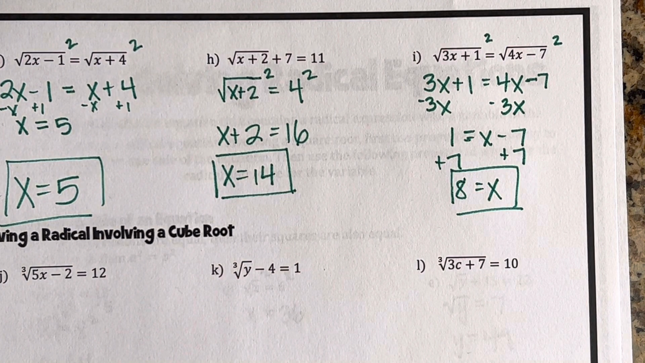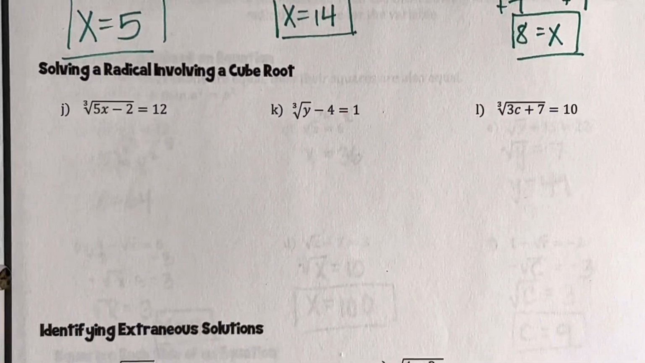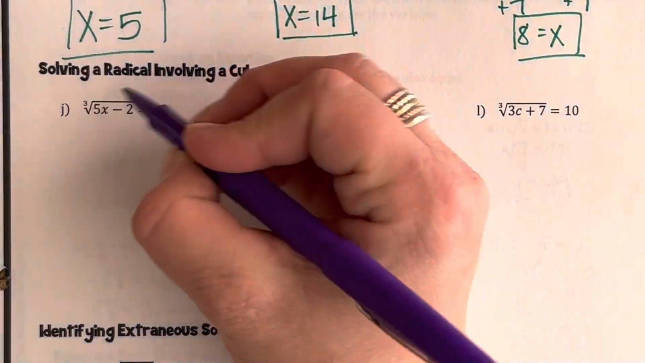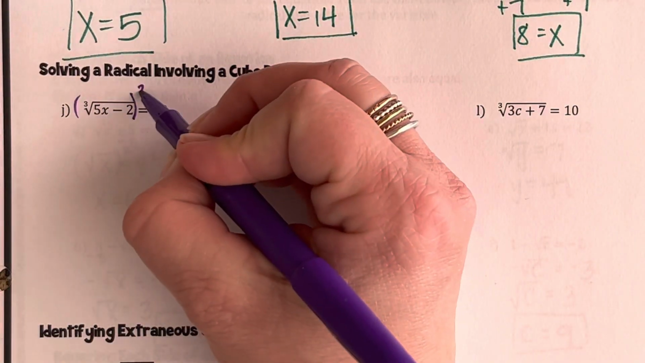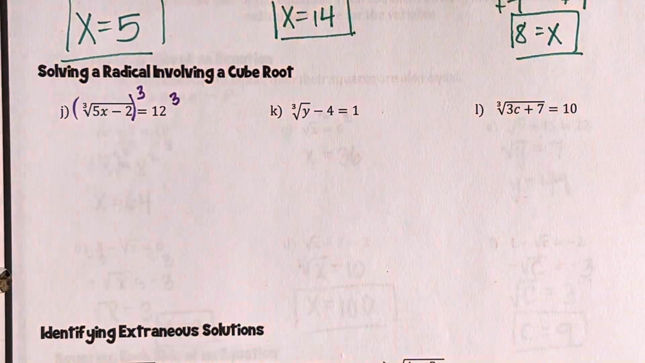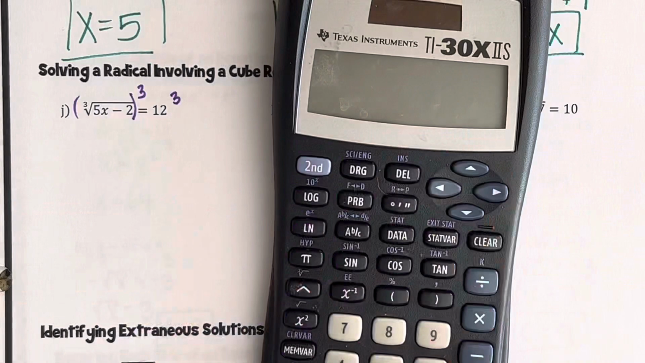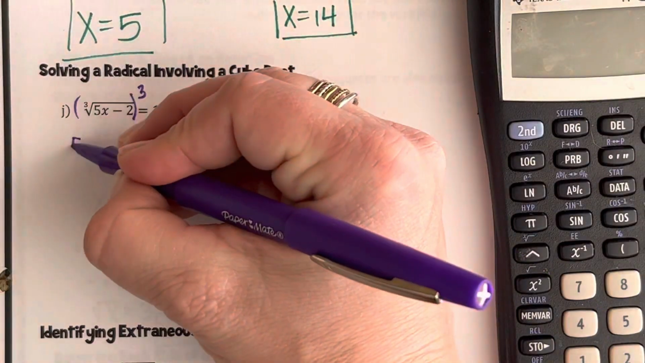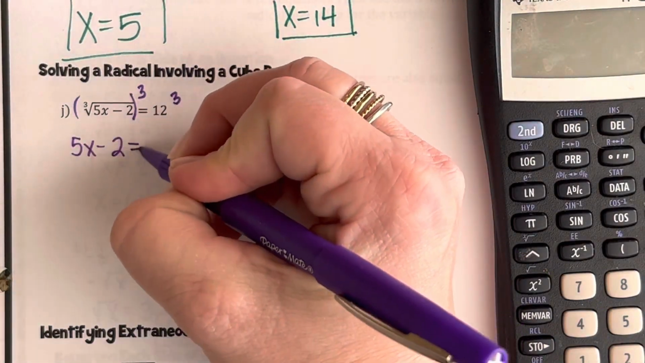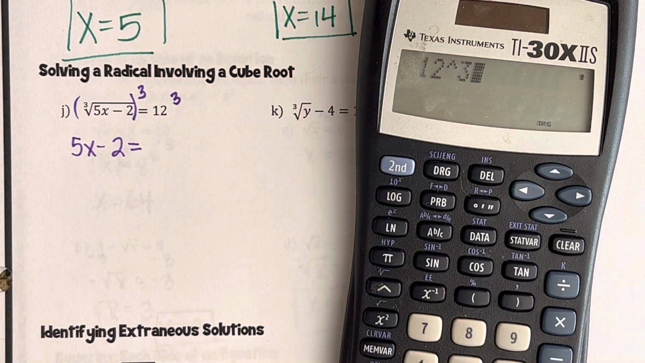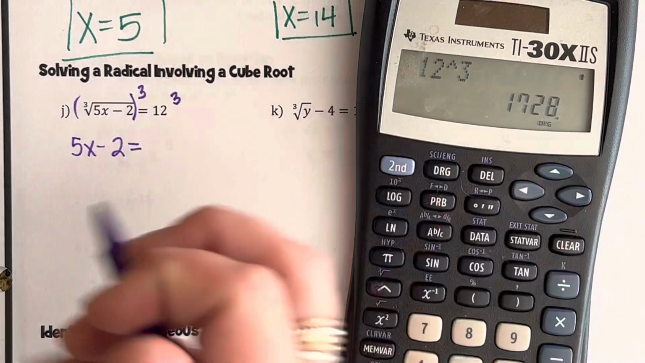Okay, so let's talk about what happens when it's a cube root. Some of you may have already guessed it, but we're going to cube both sides. If it's saying the cube root of 5x minus 2 is 12, then I'm going to take this whole thing and cube it. And if I cube one side, I'm going to cube the other side. So on my calculator, I'm going to do 12 to the third power,